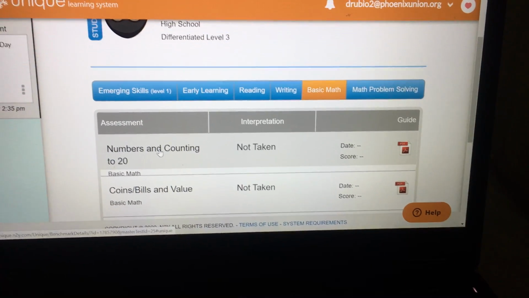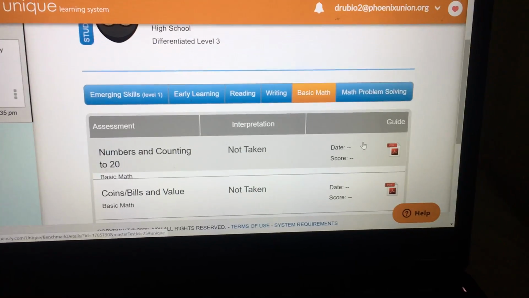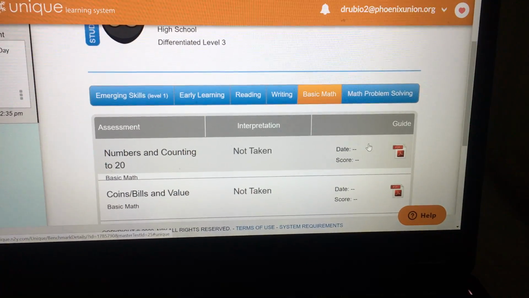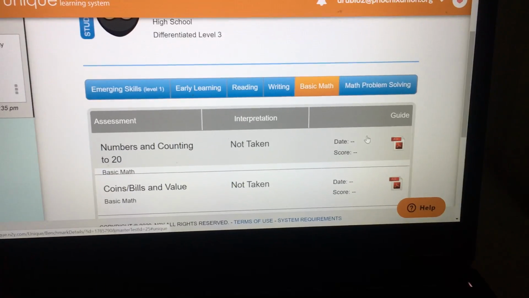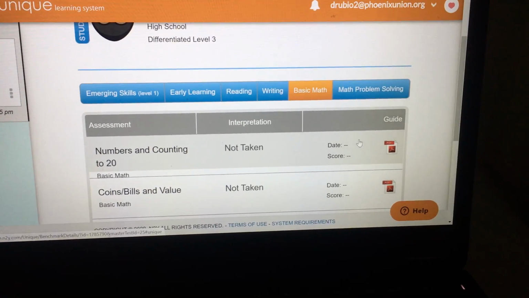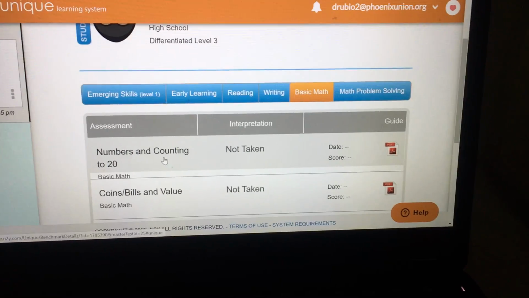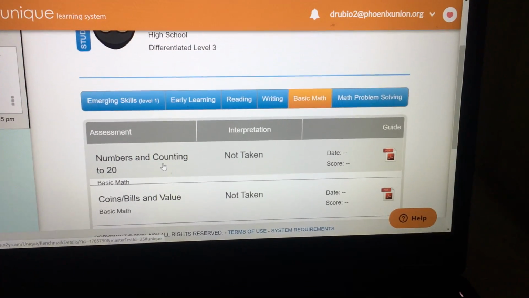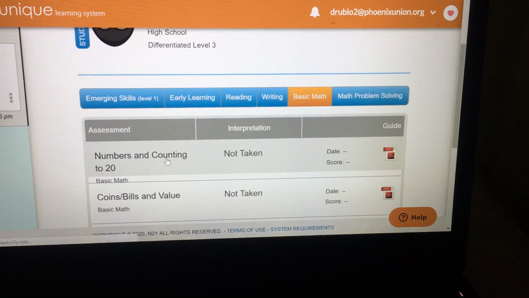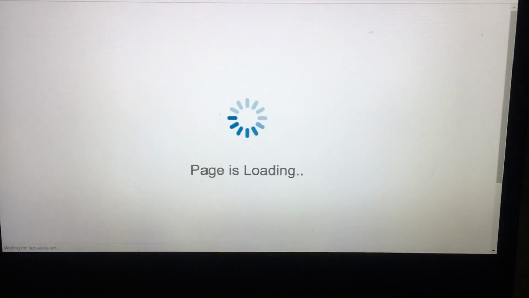So say we're going to start fresh, and a lot of your students probably have scores that they've already taken on this test. The one thing I would say is those are taken early in the year, and I like to take them late in the year, just to see if we've made progress, if we've maintained progress, or if we need to go back and work more on it. So I'll click on numbers 1 through 20 and counting, and you'll be prompted to another page